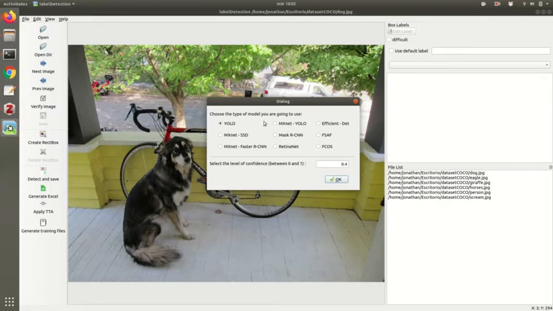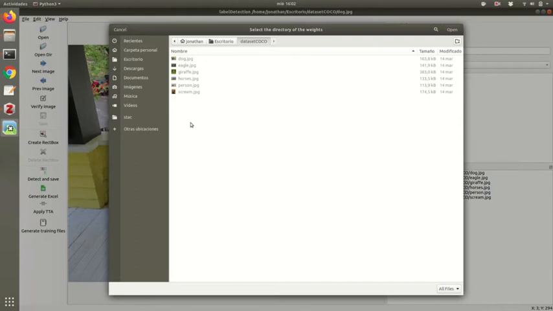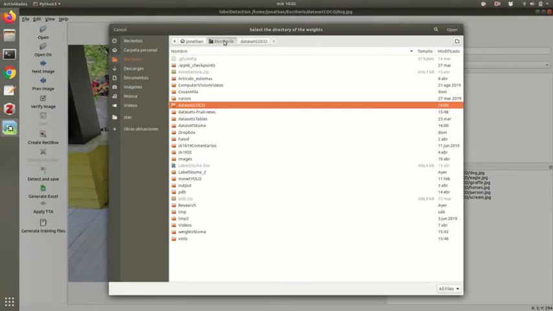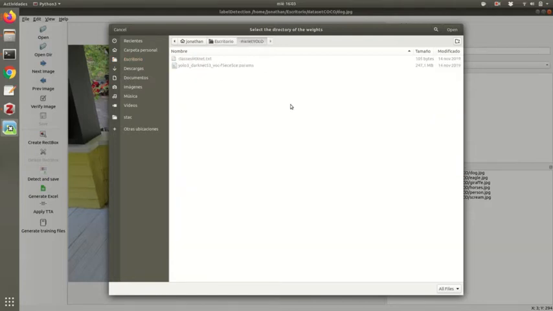So we are selecting MXNet YOLO with the confidence level, and now the program asks us where is the directory with the weights for detecting with this model. As you can see, we have here a folder with the weights and also the classes.